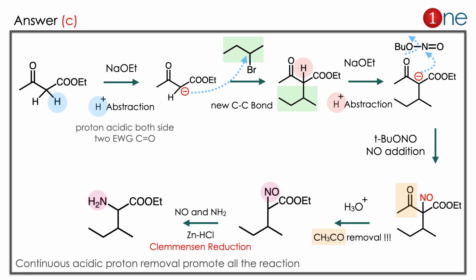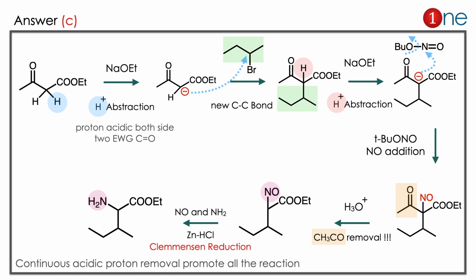So it's a kind of 6-member system. Then again the acidic hydrogen remains. Then you are using sodium acetate, and the same proton removal will occur. Then you have the anion again, you have the nitro combination, the butyl nitrite combination. So what really happens is it will be a good leaving group. So NO attachment will be there. So NO is attached. In the next step you are hydrolyzing, then it will be removed as CH3CO. So CH3CO is removed here, and you have the nitro and COOEt on the same system.